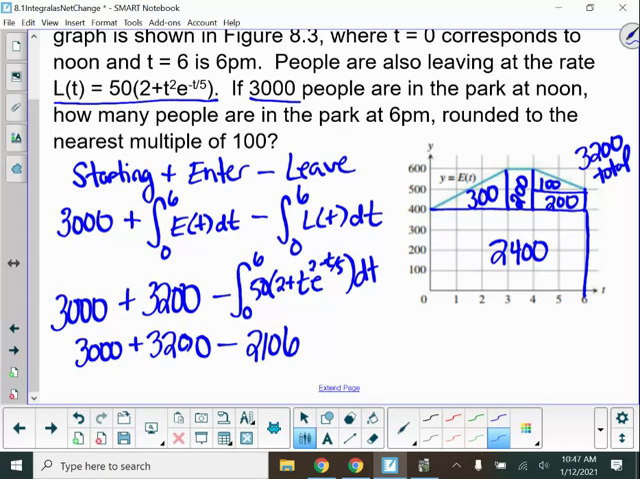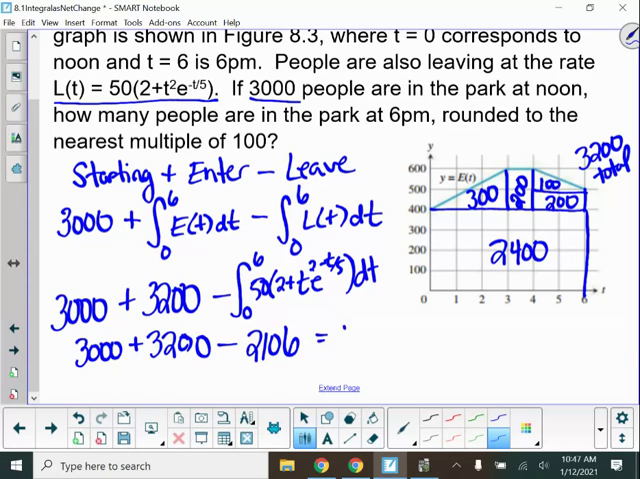I'm not going to show that, but if you do need to see that, please reach out to me and we can work through how to do that on the calculator. But you do need to use a calculator for the L of t. So 3,000 plus 3,200 minus